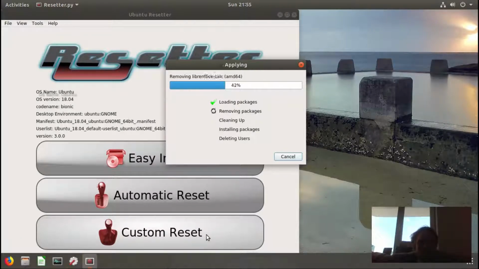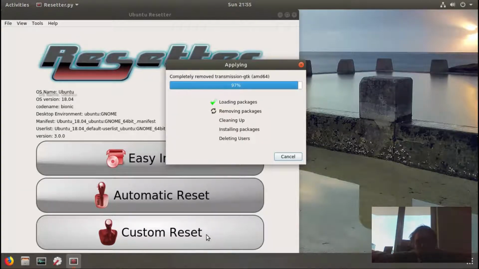As you can see, LibreOffice also went, so with automatic reset, you can't choose what packages, it will clean up your own system, and afterwards you will be able to install the exact packages you want, and all the data is gone. So that's actually quite cool. But Firefox is staying. So yeah, I'm gonna fast forward this video while this process is running. It can take a very long time. So I will see you soon.